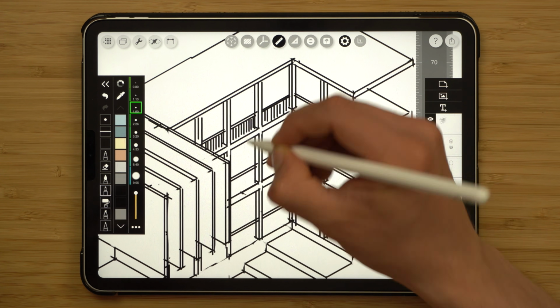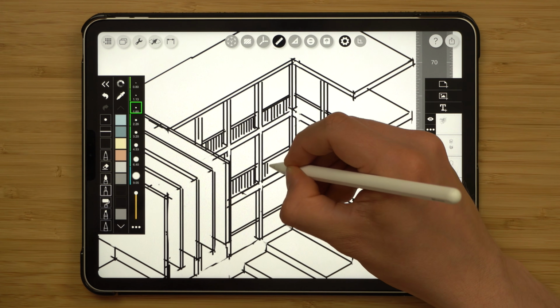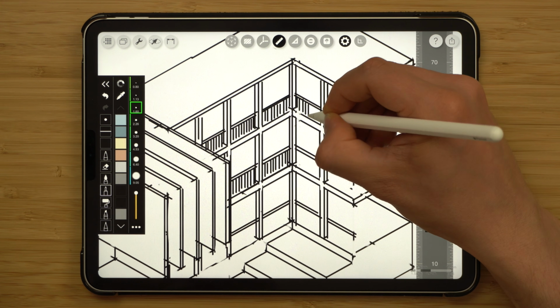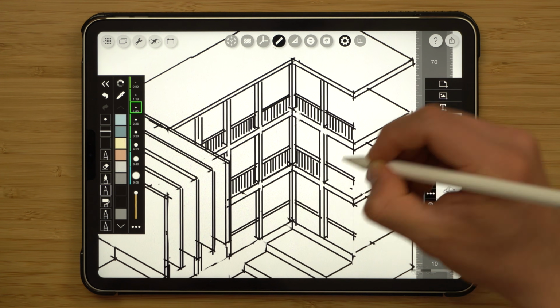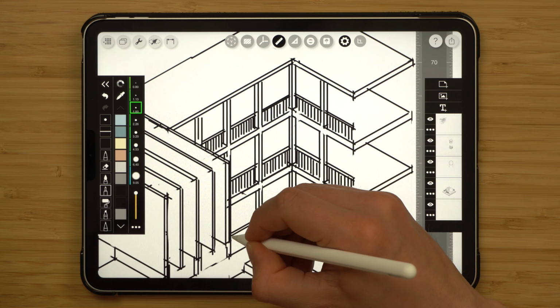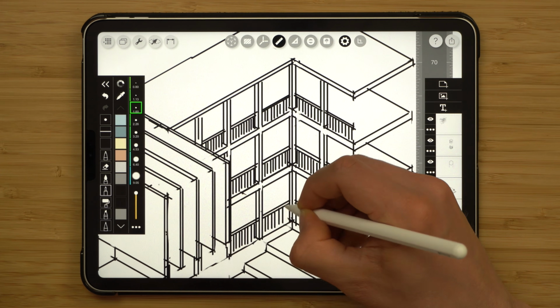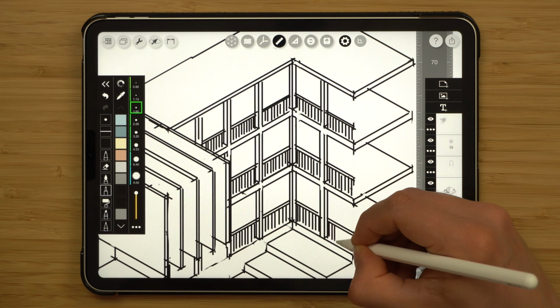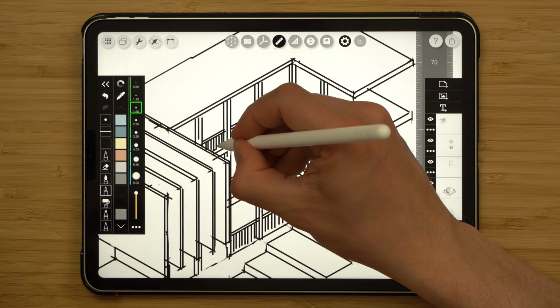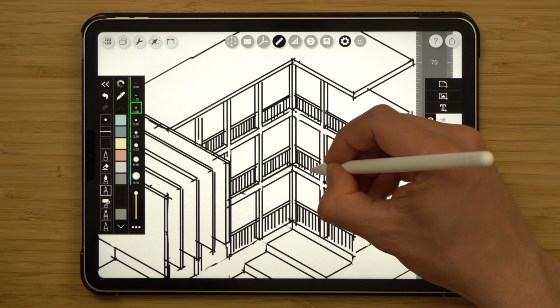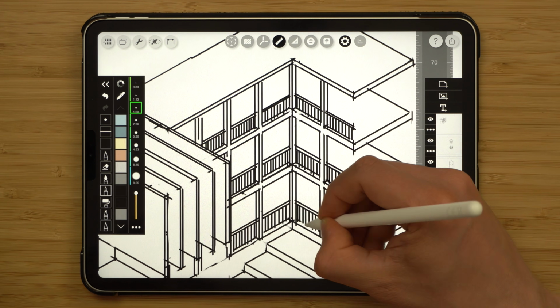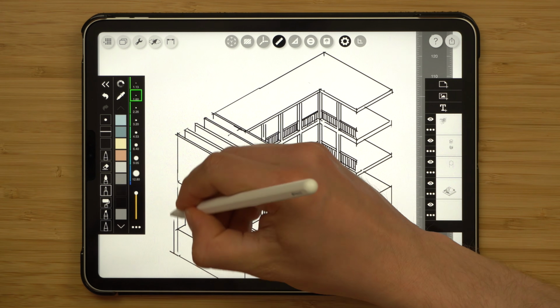Although I will have a second pass to tidy up this drawing, I don't want to go too wild on this base layer because it can get distracting. So I'm trying, already in this base layer, to more or less have at least the subdivisions of the railing equal. And perhaps what I can also do, just so it's clear in the next pass where I have to end, is to do a bottom line as well, just to define the end of these railings. Okay, I'm quite happy with that.